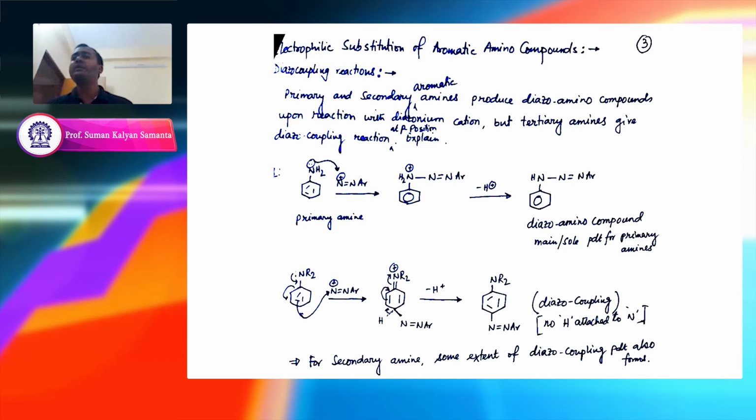Okay, this reaction is preferred in slightly acidic medium. If you make it more acidic, then also the reaction will not occur, because in that case your amine will convert into an ammonium, and then the nucleophilic property will be mostly gone. So this reaction will not occur in highly acidic medium. But interestingly, this diazoamino compound, if you heat it in acid, the course of the reaction will change drastically. Let's see that one.